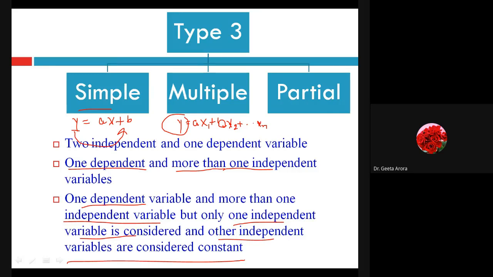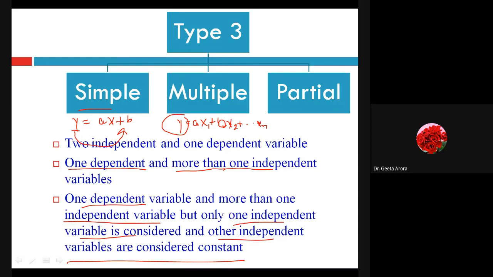So in that case we are working on a multiple correlation. And if we are talking about discussing the effect of each and every item on my product, that how much should I produce, then we are looking for the partial correlation. So depending upon the requirement, if I just want to see something in a broad sense and just the dependent and independent type of things are coming, then obviously it is a simple one.